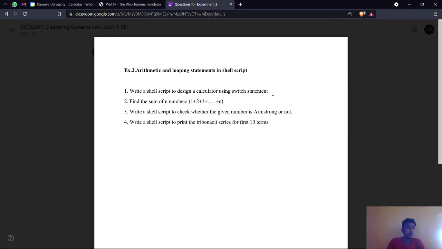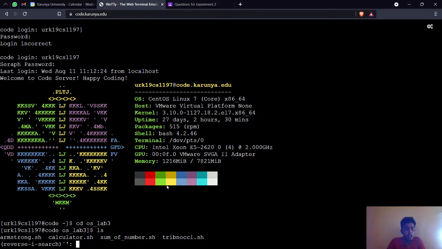That is the use of the switch command. The same thing we can implement in Linux shell script, and that is what we are going to do in this first problem. So let us go to the coding part.